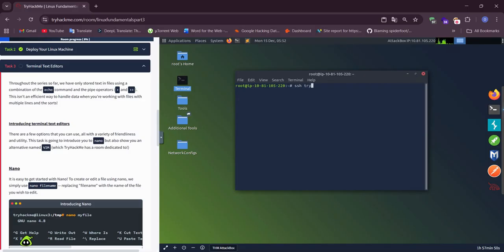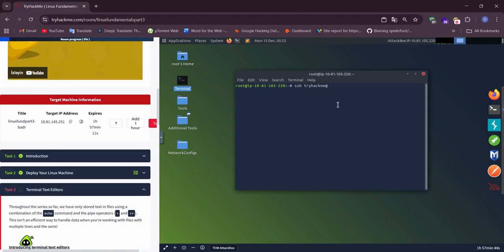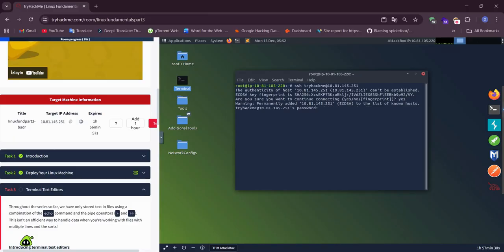SSH tryhackme. Our IP address is that. Our password is also trackme.